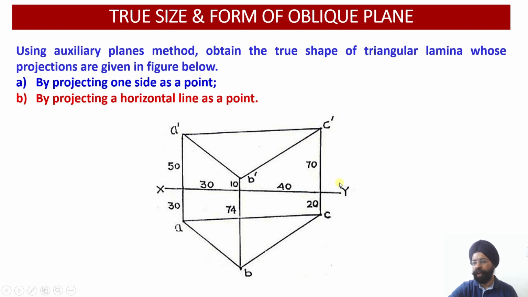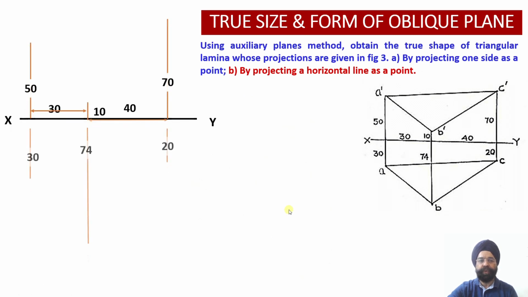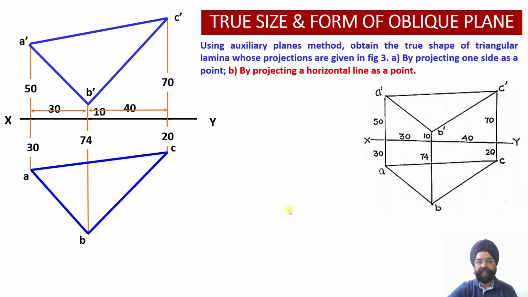So I will extend the true length and draw a plane perpendicular to it, so straight away the edge view will be obtained. One step, that is drawing an auxiliary plane parallel to this and drawing another apparent shape of the lamina, is avoided. So please see, we are going to have the shortcut method. Once again we are going to draw or project the front view elevation points for this lamina. Similarly, the top view points or projections have been obtained. So there is no need to draw another plane parallel to this and obtain a projection where one of the edges would be true length. That step we are going to avoid.